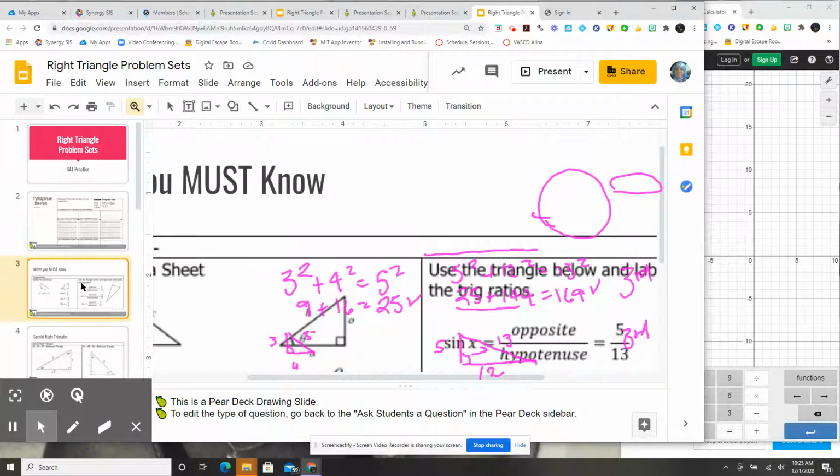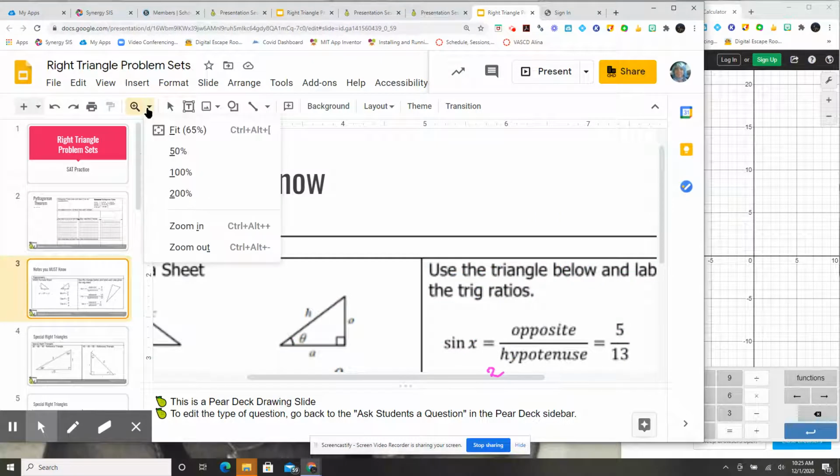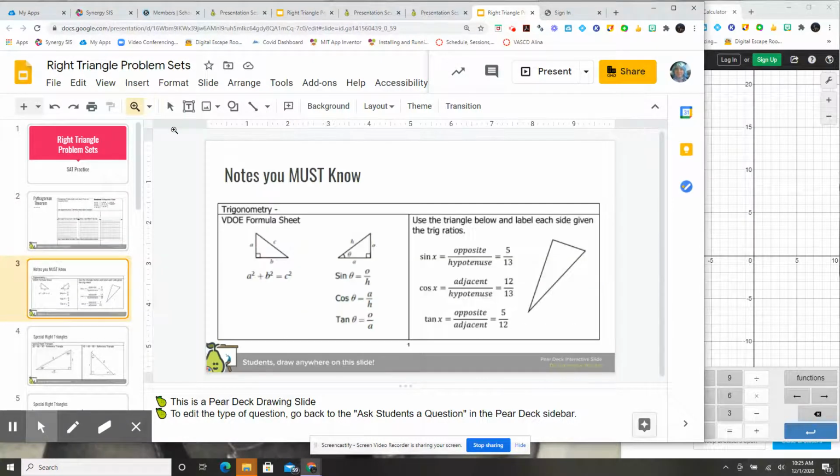The next slide is just notes. So here you've got your Pythagorean theorem, in case you forget what that is. You've got your sine, cosine, and tangent. This is going to help you find sides, right? And then you've got your